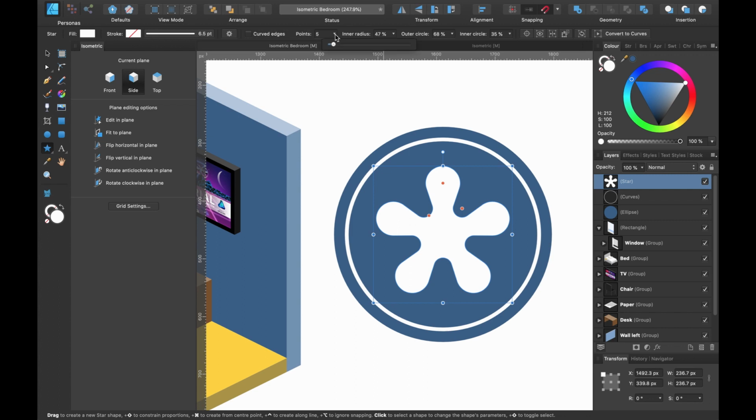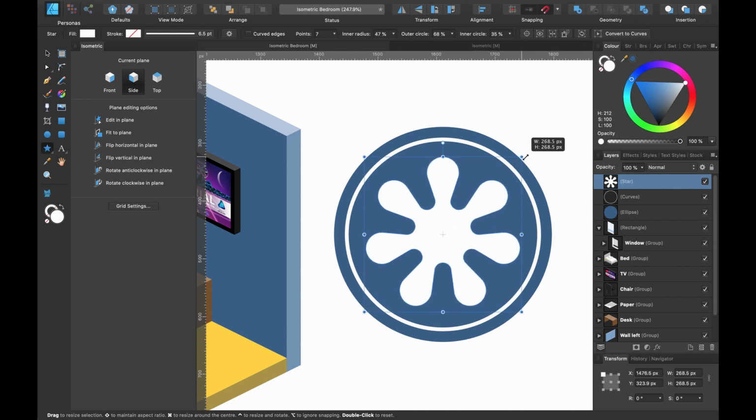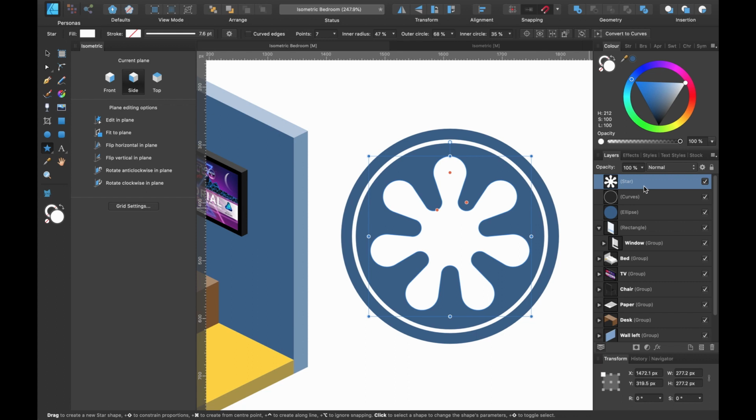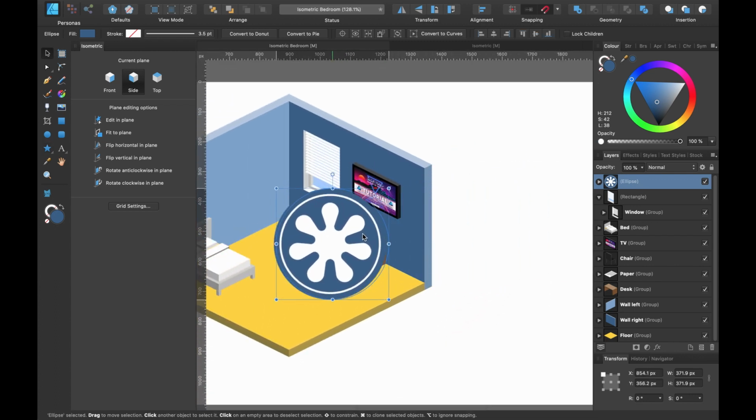And I can also change the points at the top here. So I'm just going to create a few more points like this, and I'm going to make it slightly bigger. Keeping my finger on Command and Shift, I can increase the size but keep the proportions. So I'll just select the top two layers here. Oh, before I go any further, I'll just press Convert to Curves to lock in that shape. So I'll select the first two layers and I'll press down and to the right, and that will clip them inside of the circle. Press V for the Move tool, and let's introduce it into the scene.